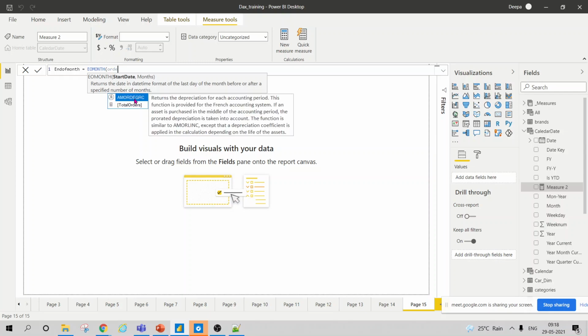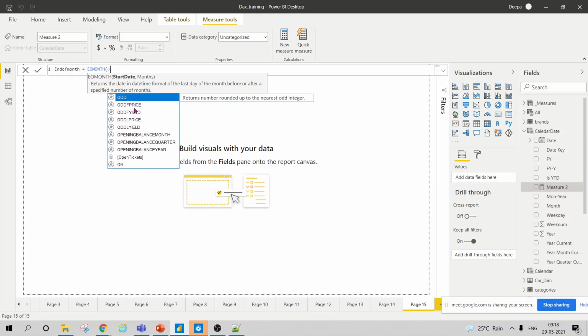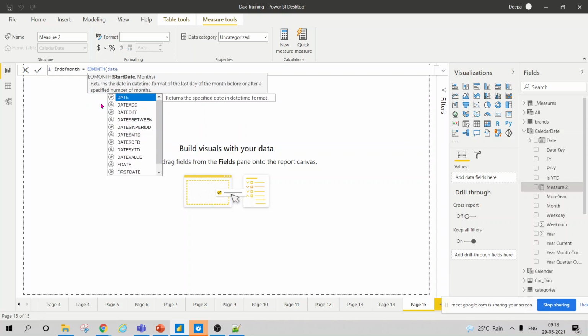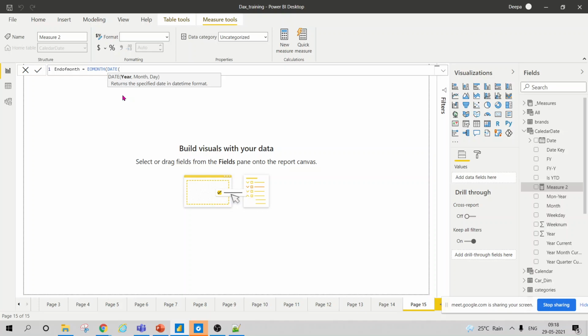Why is it not taking date? Start date. Okay. 2021, month 1, 20. How many months? 3 months.